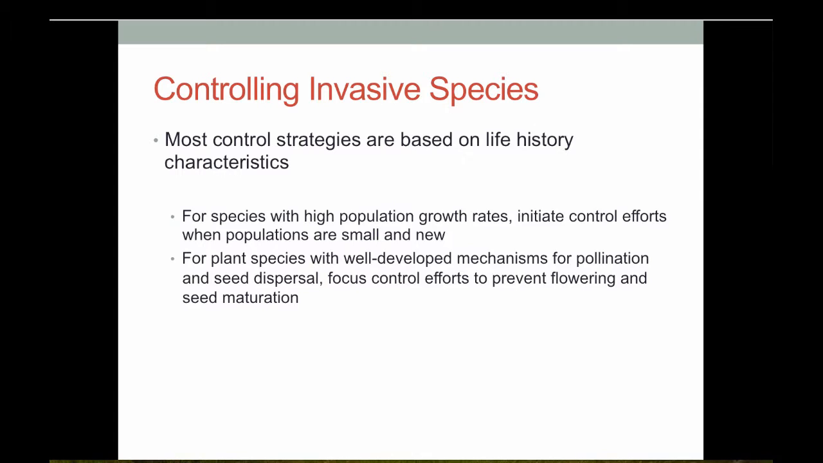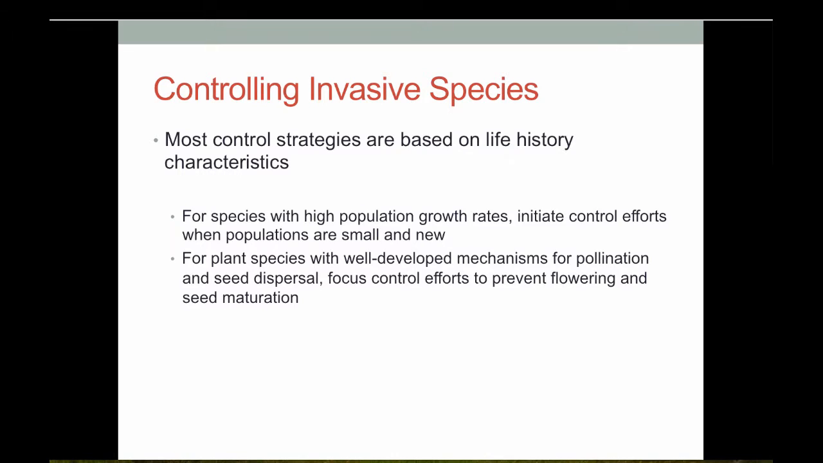Focusing control efforts that prevent flowering and seed maturation, or making sure that you do that before the seeds mature, can be really important. And also thinking about how you deal with destroying the material that you've eradicated. Are you going to burn it? Are you going to pick it up and move it off site? Those sorts of things are going to be pretty important when you think about how to eradicate or control the population of the invasive species, especially if it has well-developed mechanisms for seed dispersal